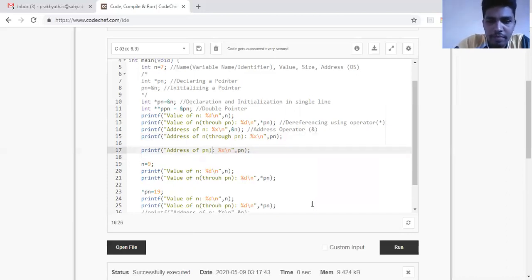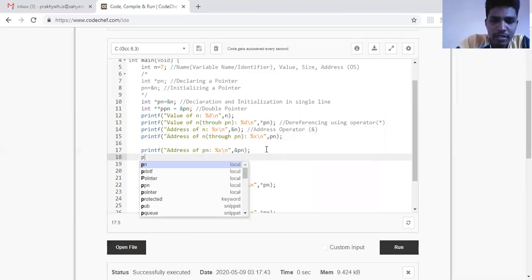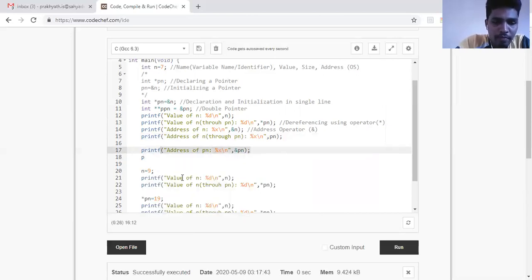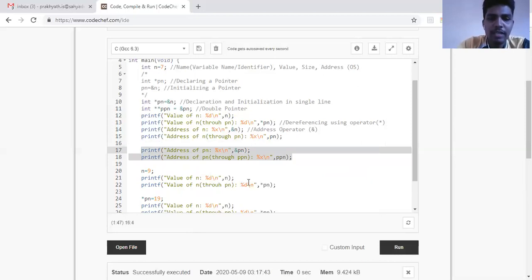We are printing the address of pn, so I should write &pn. And the address of pn should be the same when I print through ppn also. So here I'll print the address of pn, but through ppn. With %x, I don't want the ampersand. These 2 lines should give me the same answer.